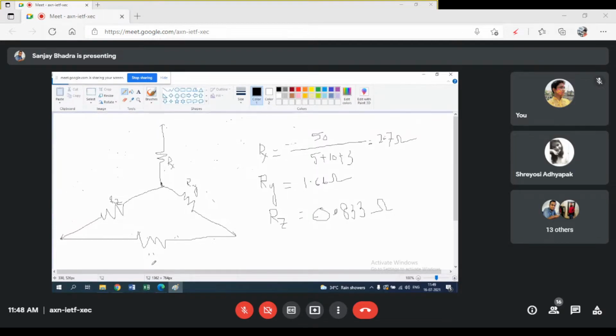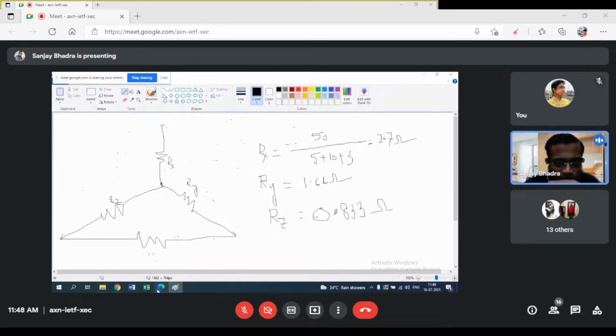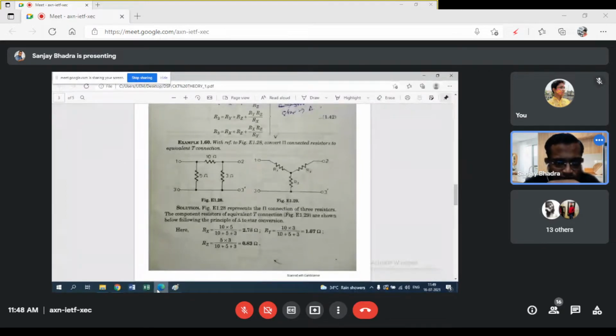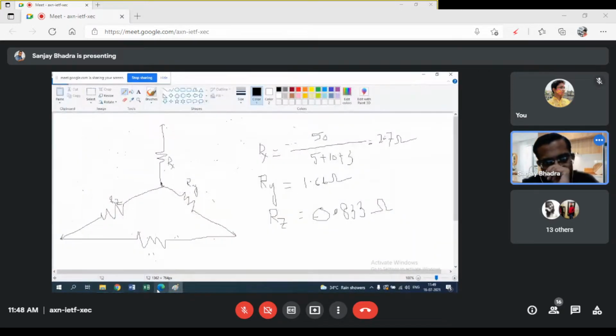I think this value should be 3. If I go back to the figure, yes, I think it would be 3. Are you getting the same value? Yes, sir. It's coming 3 point something, because we have done a lot of approximations here. But overall, if we approximate, it's exactly 3.